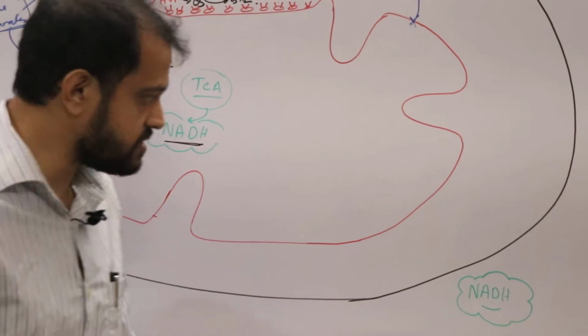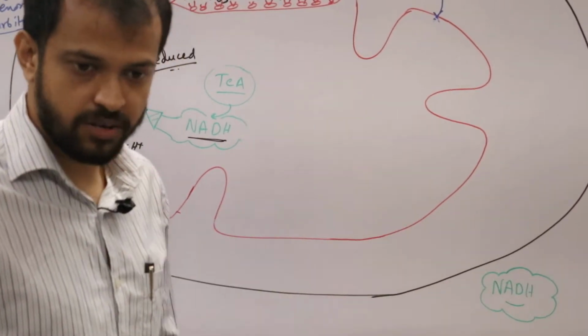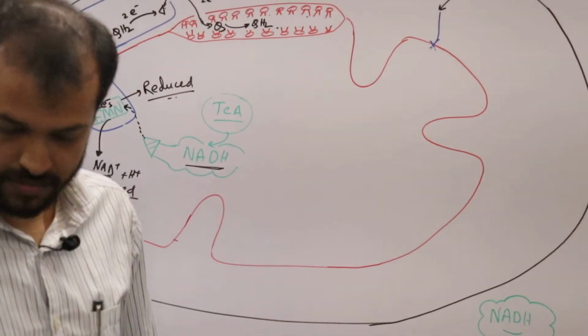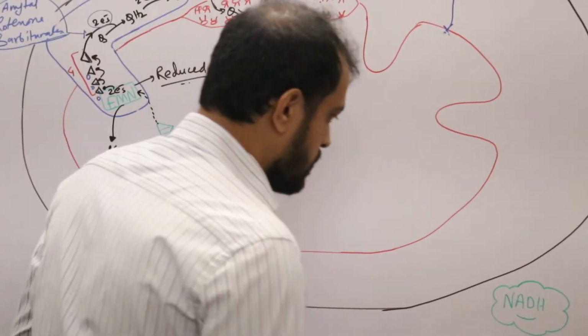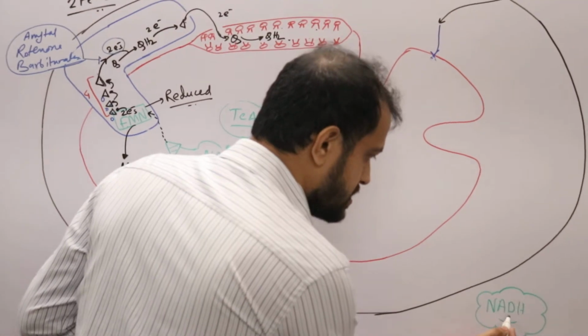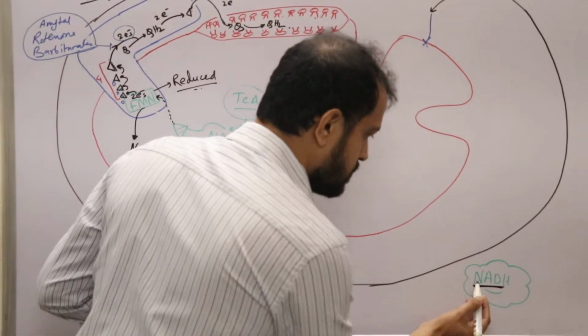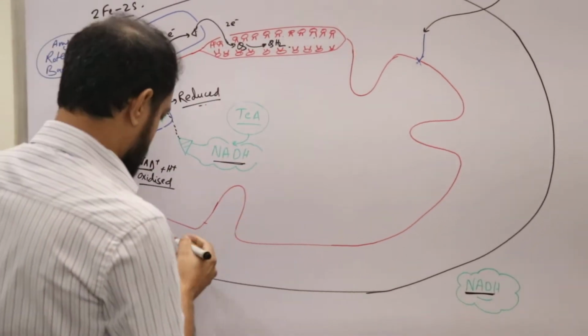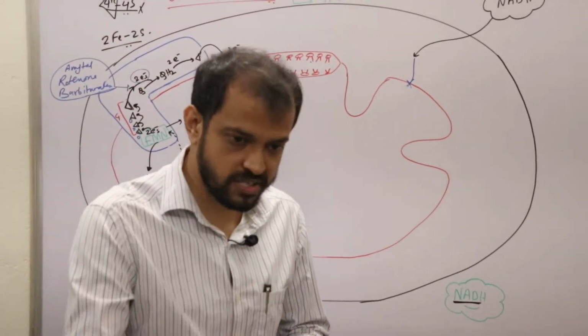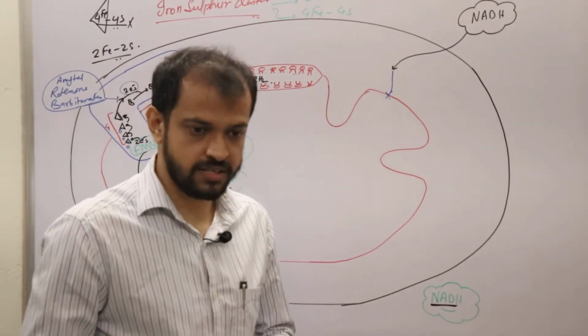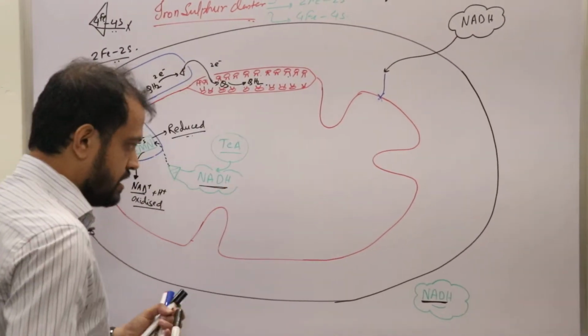But the sad part is it cannot cross the inner mitochondrial membrane. Now listen with all your attention possible. If this NADH wants to get involved in ETS, the only thing is this, it will have to donate